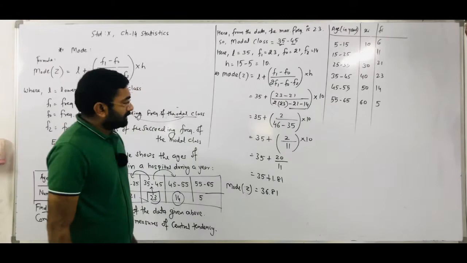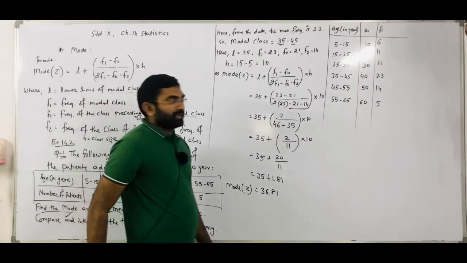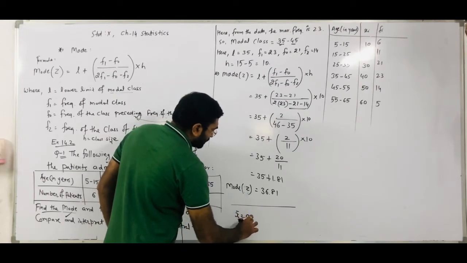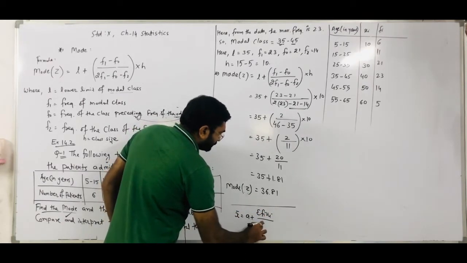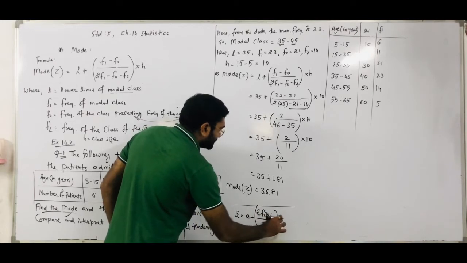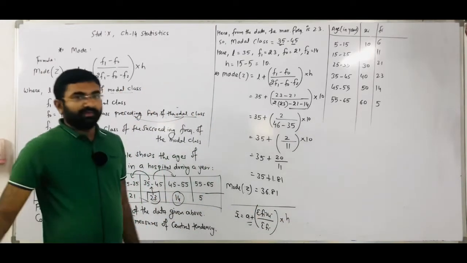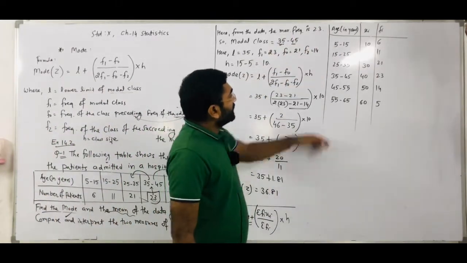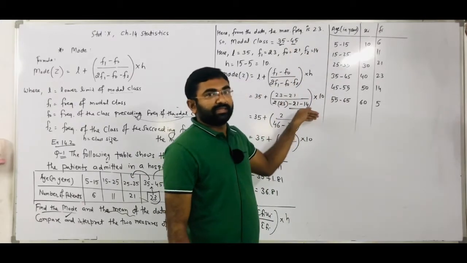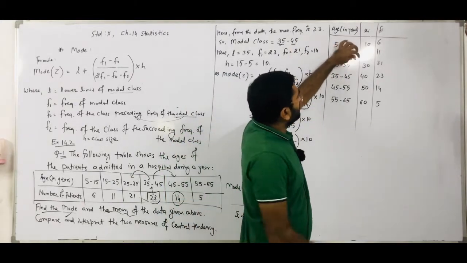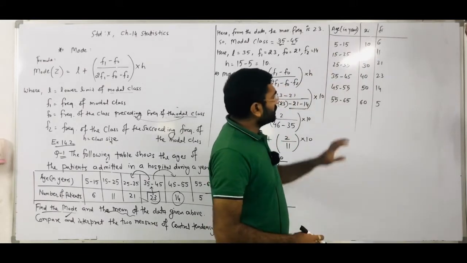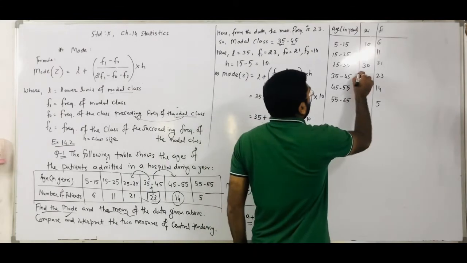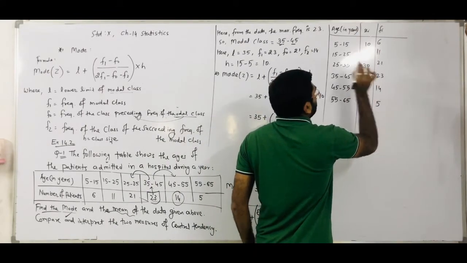Right? Step deviation method. In the step deviation method, here I write this formula. So you can decide which value we have to find out into h. So first of all we require a value. The a value we decide from the xi column, which is the midmost. Here 6 classes are given, so we cannot say that 30 is midmost or 40 is midmost. So you can take any one as the assumed a. Suppose I take the 40 value which I assume as a.